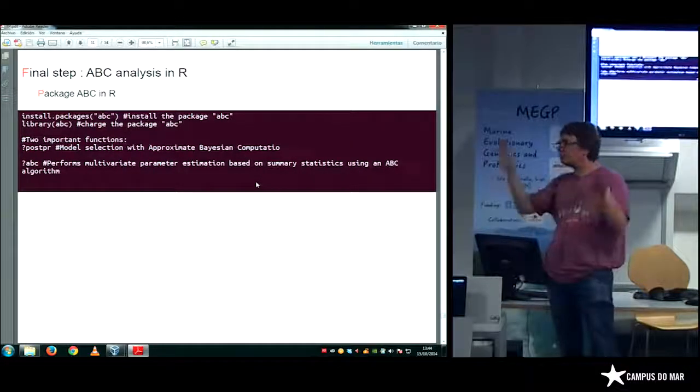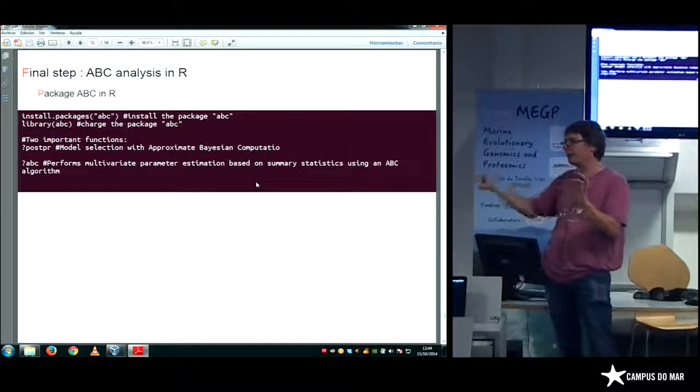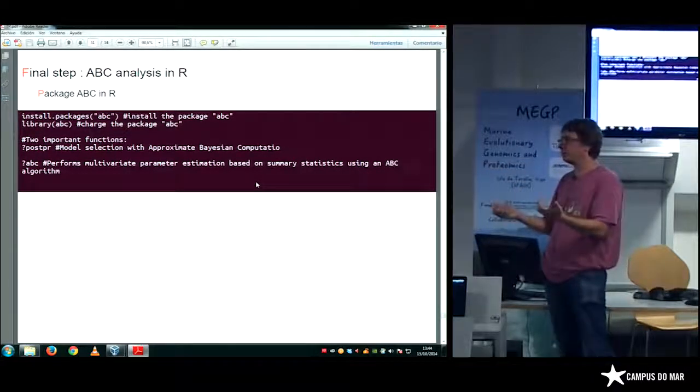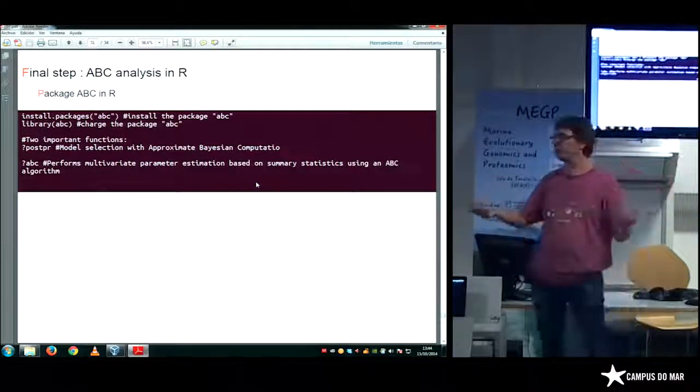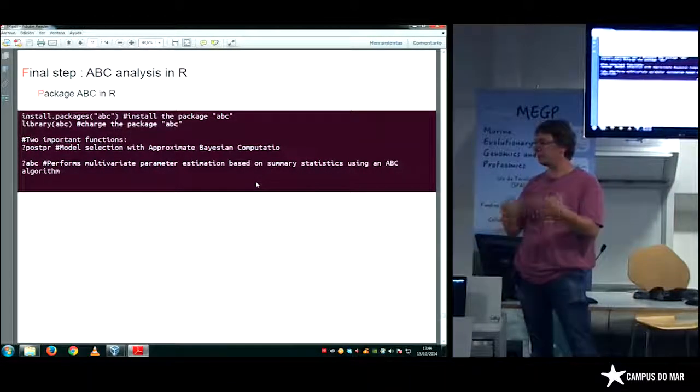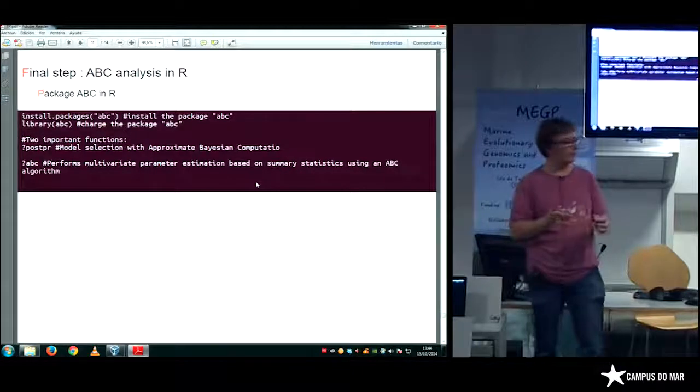MS, you can use the command lines we gave you, but you can explore different models. You can use a third, fourth population if you are interested in more complex models.